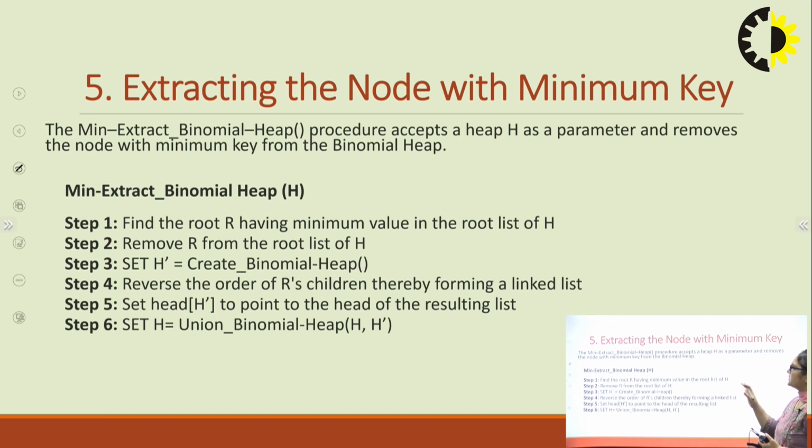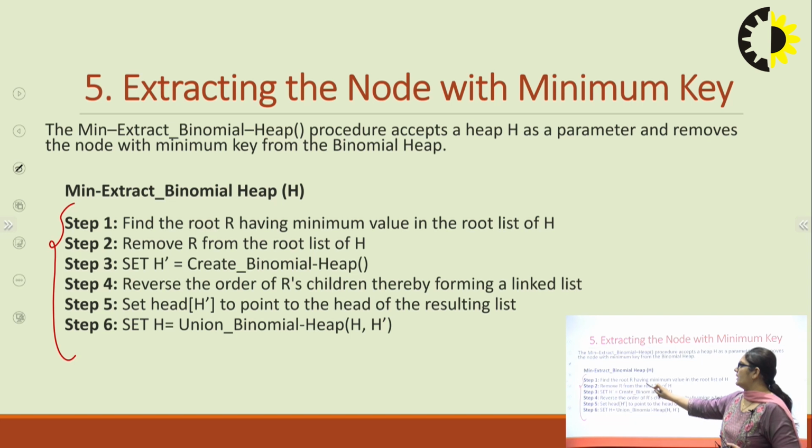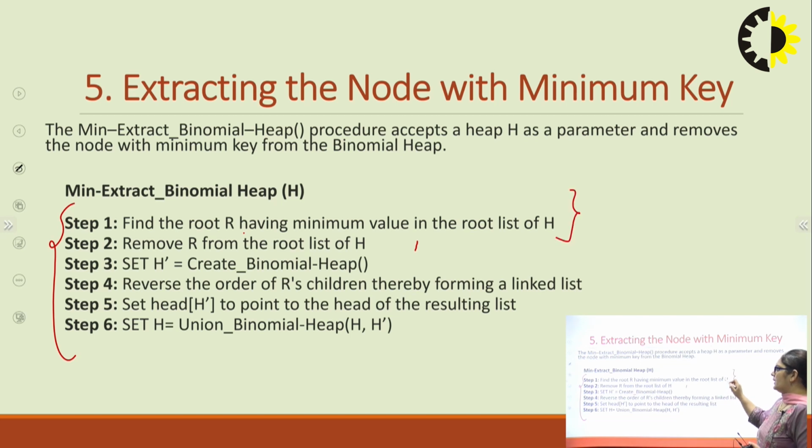Next operation is extracting the node with minimum key. The extract min binomial heap procedure basically accepts a heap H as a parameter, and it will remove the node with minimum key from the binomial heap. To delete or remove the minimum value from a binomial heap, we have to follow these steps. In step 1, first we have to find the root node which has the minimum value in the root list of the binomial heap H,